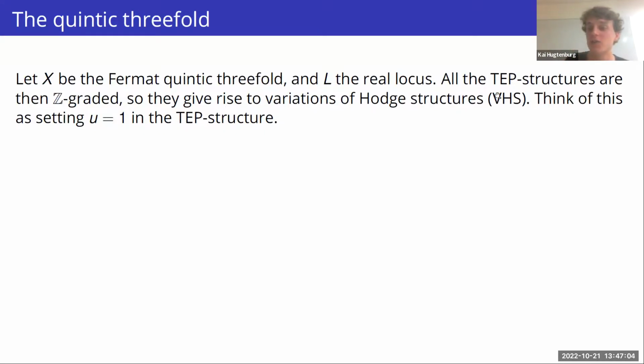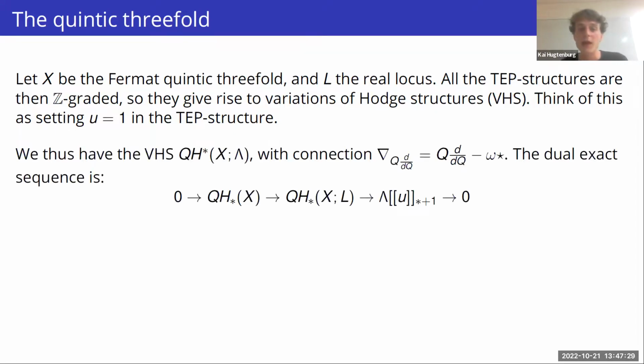That you take this TEP structure associated to the Fermat quintic threefold, and you let L be the Lagrangian. In that case, these TEP structures, because we're working in a Calabi-Yau setting, are all Z-graded. So instead, you can just talk about the variation of Hodge structures. And this is just setting u equal to 1 in the TEP structure. So indeed, you lose all this information of the E structure. And in that case,